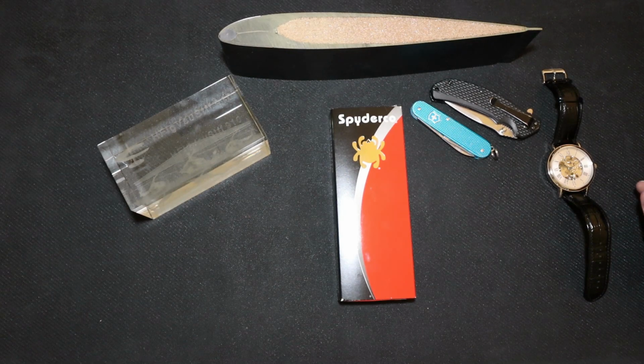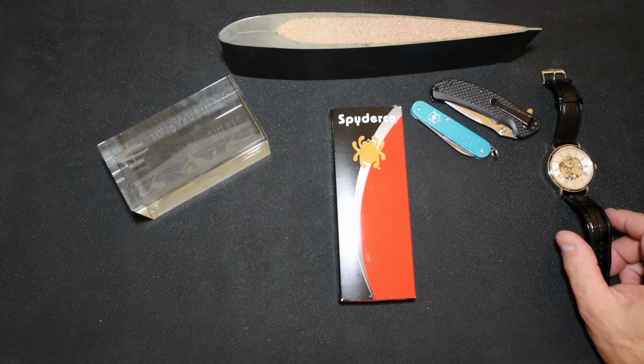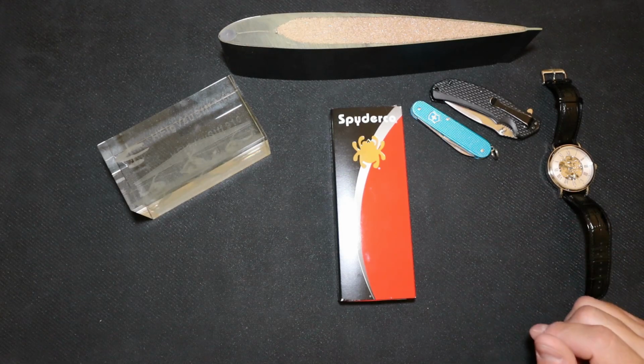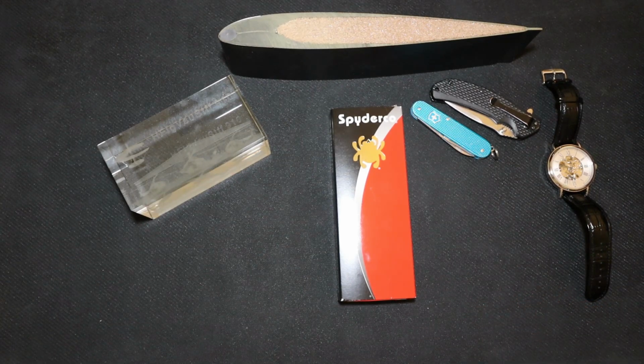Hey guys, here's Heiko. Not Nothing Fancy, but I want to do a KRV, as Nothing Fancy calls it, a knife review in the Nothing Fancy style, just to honor the guy, give him a quick shout out. Hi Nothing Fancy. I'm not going to try to copy his style. Just for this one particular review, I wanted to pick up on the vibe of Nothing Fancy and his original